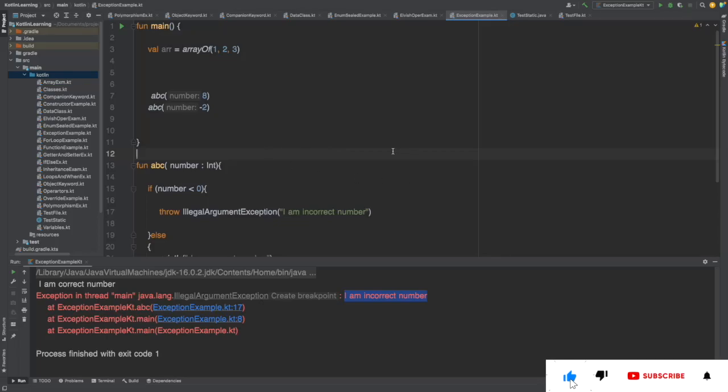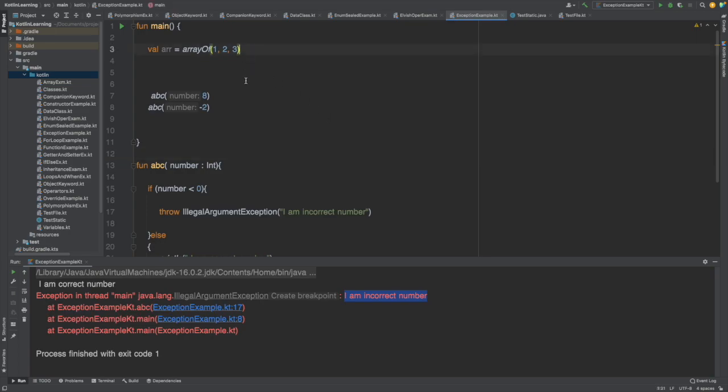Hi guys. In our previous video, we learned about exception handling in Kotlin, and today we are going to learn another new concept in Kotlin. That is, we are going to learn about Kotlin collections. And for this, as you know, we have used an array like